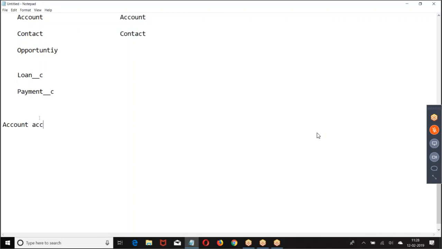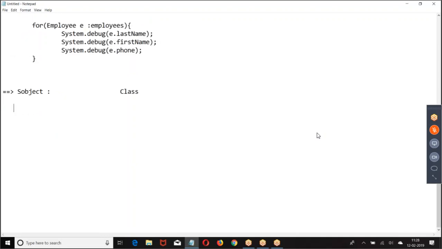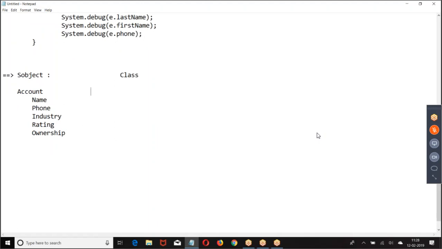Am I clear? Okay. Try to understand the point carefully, Amma. Right. In the account, what are the fields we have? Name. These are the fields in the account table. Now, what the Salesforce has created? It has created a public class account with what are the fields are there?